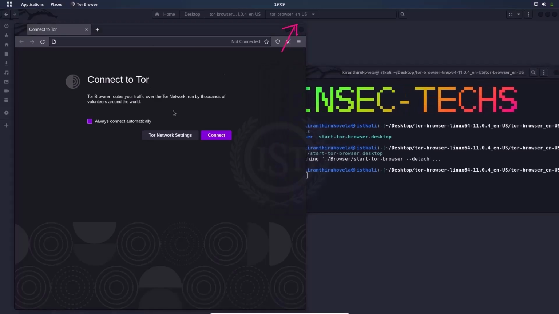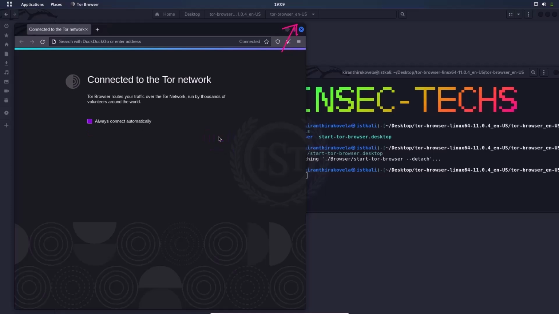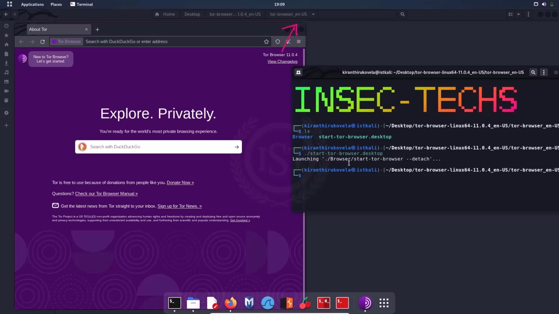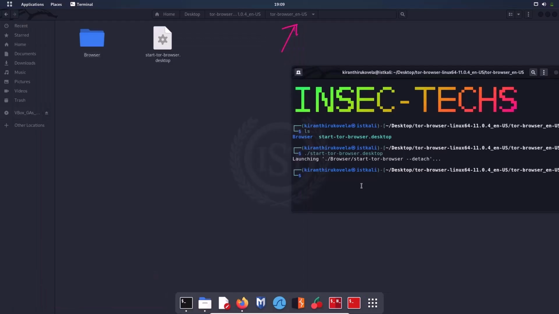So this is the TOR browser, and now you can connect to the TOR network and start surfing websites anonymously. If you want to register this TOR browser as a desktop application, close the TOR browser first and then again type the command ./start-tor-browser.desktop --register, the spelling is wrong, register,